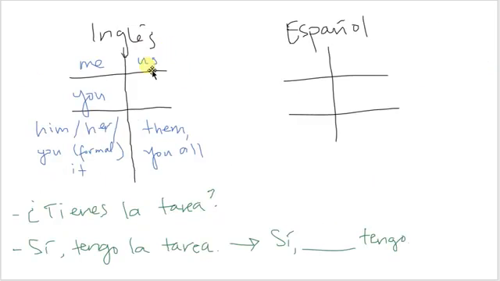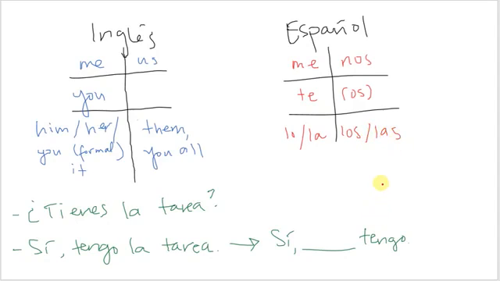Okay, so in English, the direct object pronouns that we use are me, you, him or her, or you formal or it, us, and then them, masculine or feminine, or you all. In Spanish, those direct object pronouns would be me, te, lo, la, nos, and then I'm going to put os here for vosotros, but we don't really use that, but it's necessary for what we're about to do next,